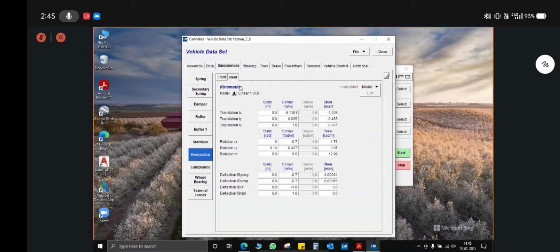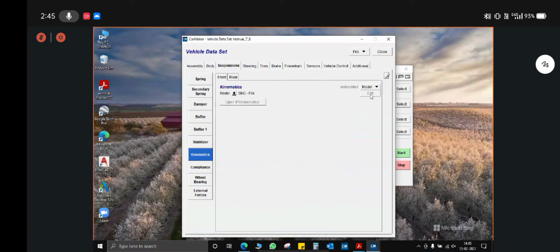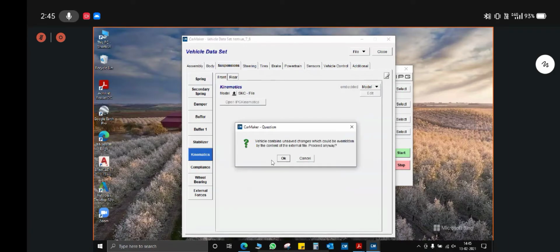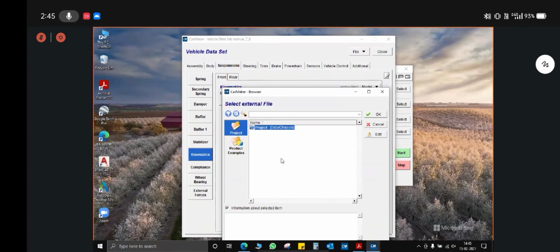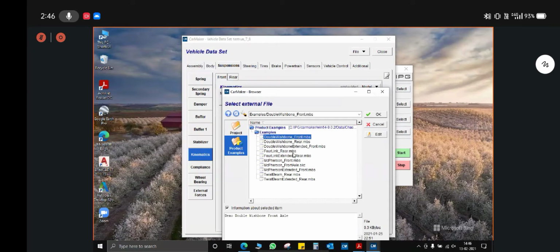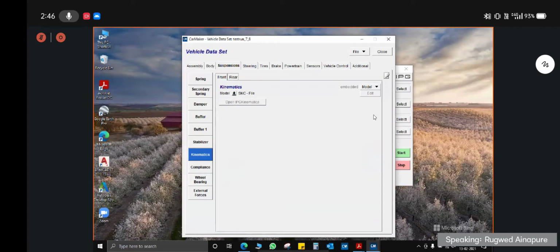It is possible for study purposes, if you go to the SKC file and go to model open, and when you proceed, there are different examples of double wishbone, 4-link at the rear, and if you select this double wishbone, okay, this is basically MBS, that is multi-body suspension system.